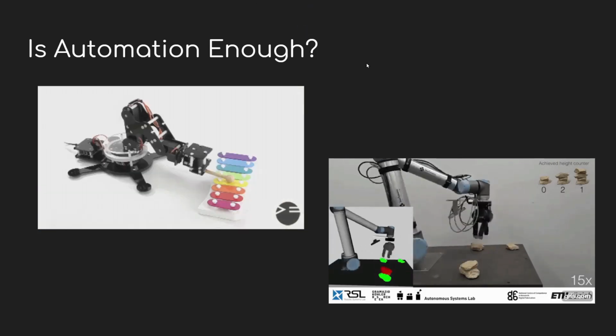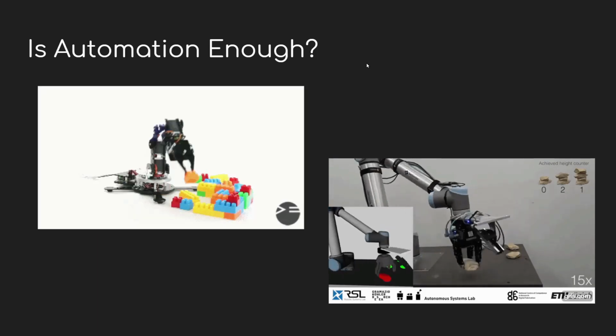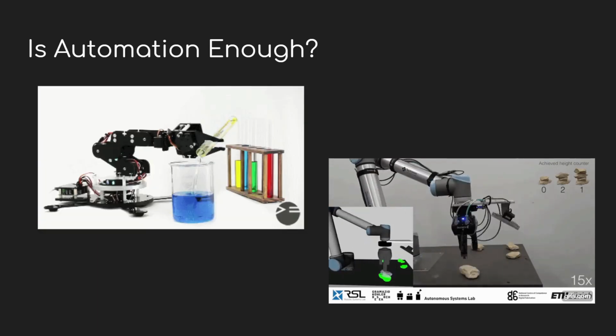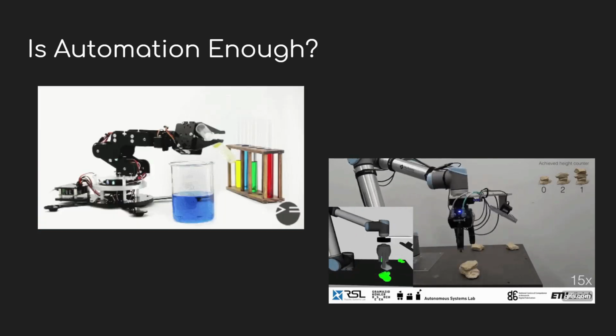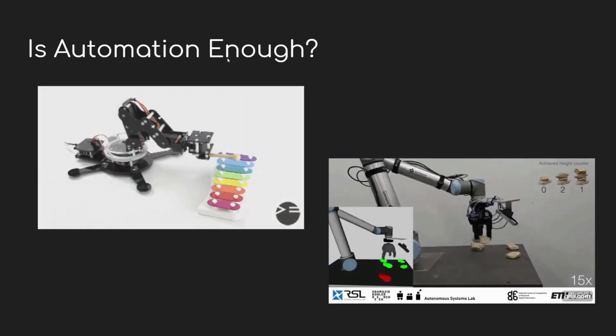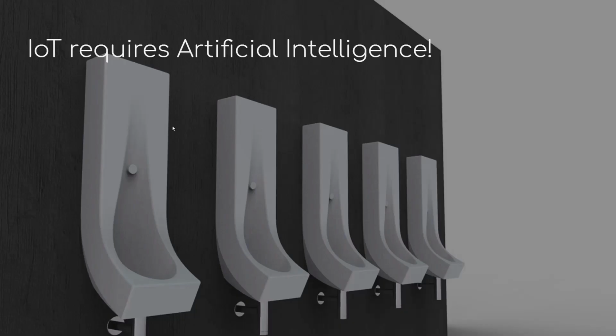Okay, so automation will make our life easy, there is no question about that, but if you think about the long term, automation alone will not be enough. That's the reason we have something called artificial intelligence. Now, to help you understand how IoT requires artificial intelligence, I'll give you a bad example. I have a disclaimer right now that it is a bad example, but the idea is it will help you to understand things.